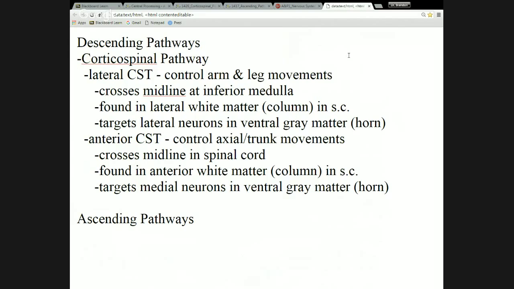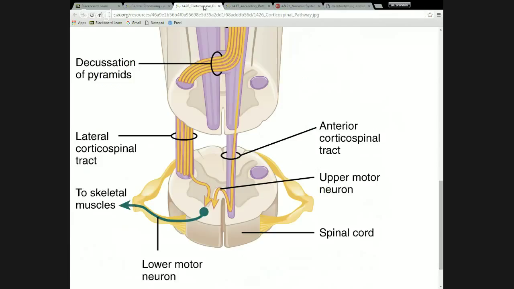Or if you're walking, you can't walk by just moving one leg. You have to move both legs in tandem. So they do interact a little bit, but not as directly as the axial muscles do. But the two pathways, for the most part, do end up crossing midline,